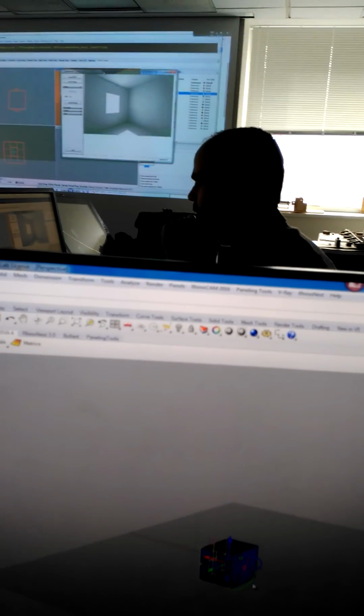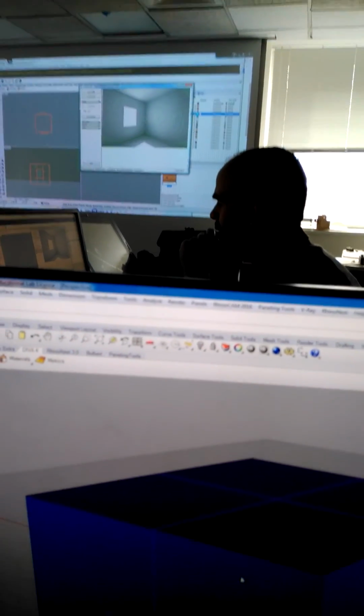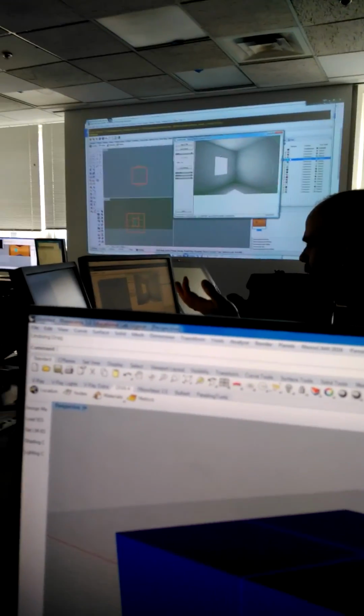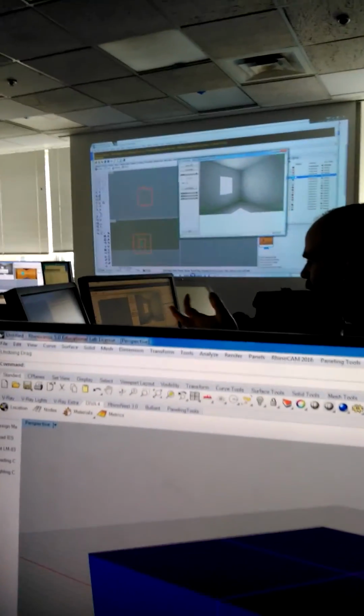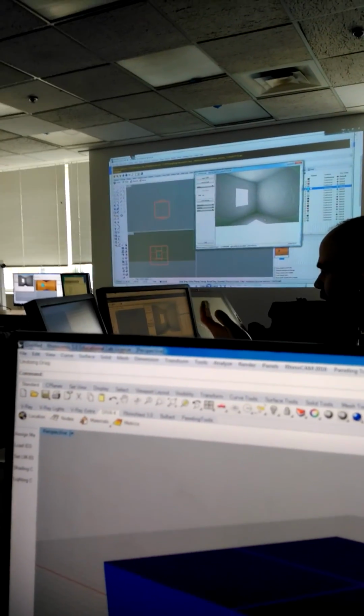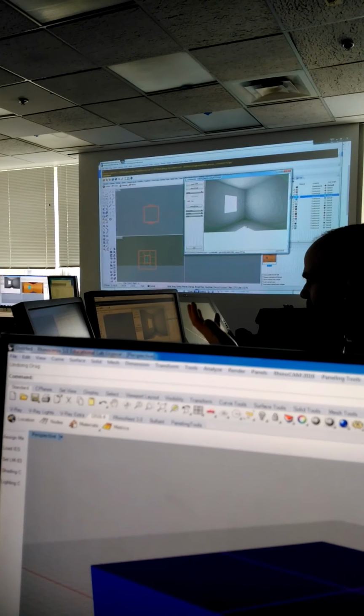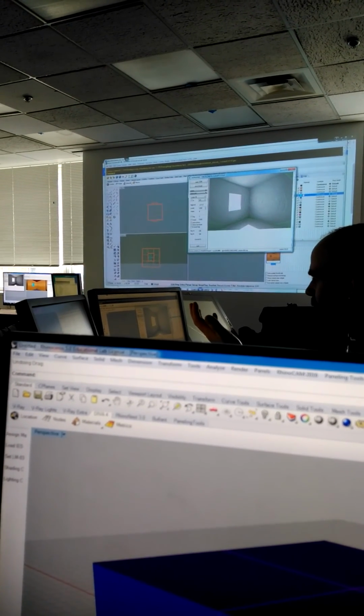Okay, so it looks about the same. Now remember that the rendered, realistic view of this, Radiance alters it so that it kind of looks right. But now if we go to the false color image,